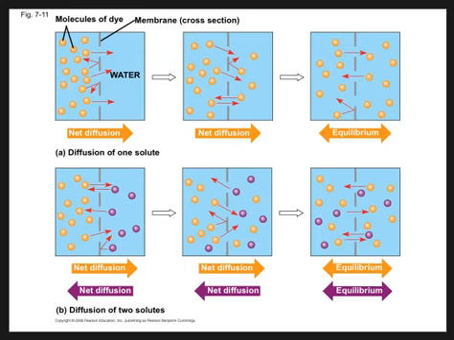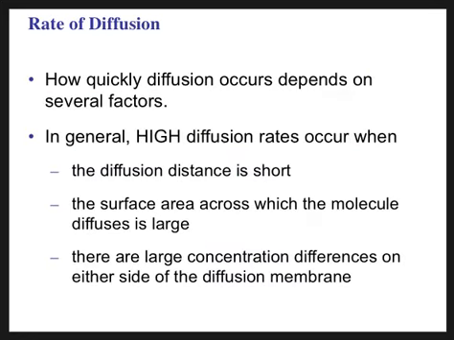You'll see the same thing in the bottom set. So in the bottom set of images, the yellow molecules are on the left, the purple molecules are on the right, and what they're going to do is randomly bump into and off one another until we reach an equilibrium. Okay? You absolutely want to understand that,